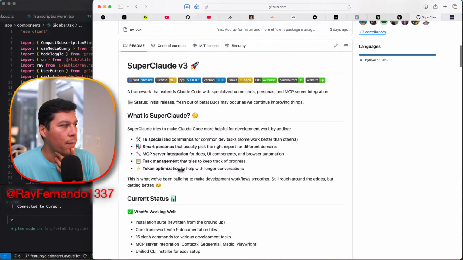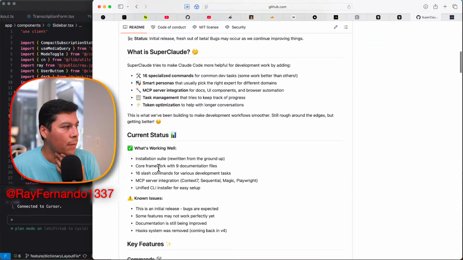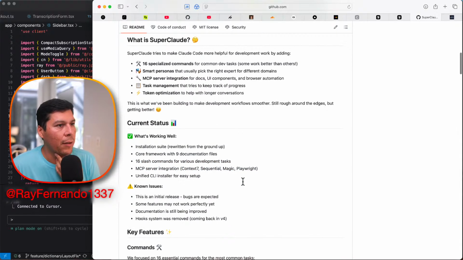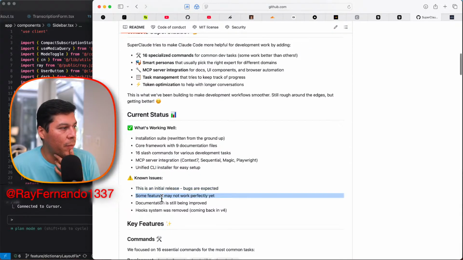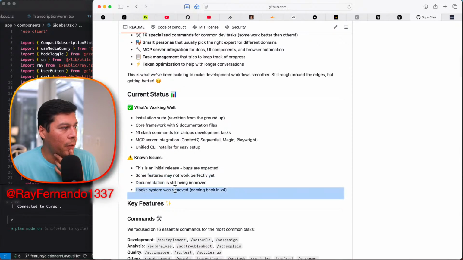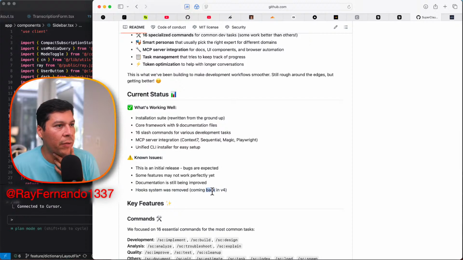Interesting. So it has slash commands, MCP server integration. So it has a lot of other stuff built into it. Its initial release: bugs may be expected, features may not work, documentation still being improved, hooks system was removed, coming back in V4. So they must have had a lot of problems.